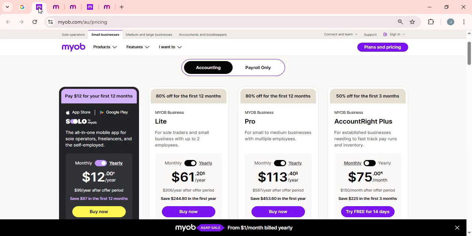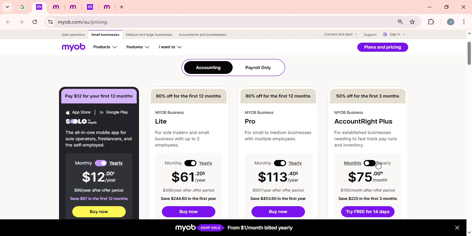Now, it's time to choose a plan that works best for you, whether it's a paid option or a free trial. You might want to take a closer look at what each plan offers to ensure you're picking the right one for your business model. If you're just exploring, the free trial could be a great way to test the waters without any commitments. On the other hand, if you're ready to dive into MYOB's full set of features, a paid plan might be